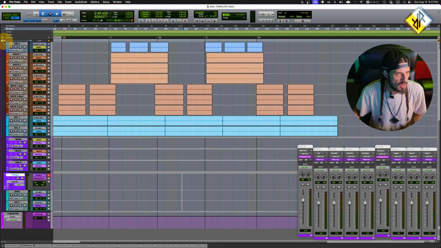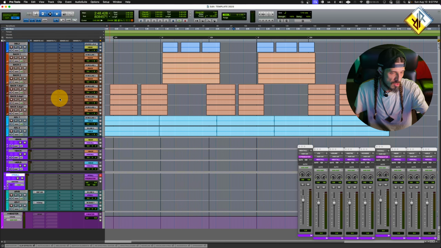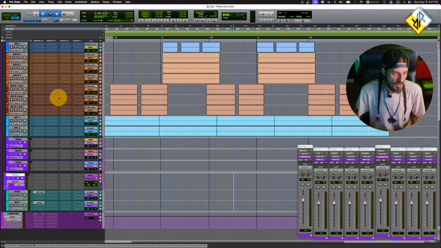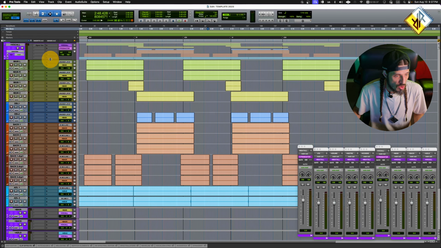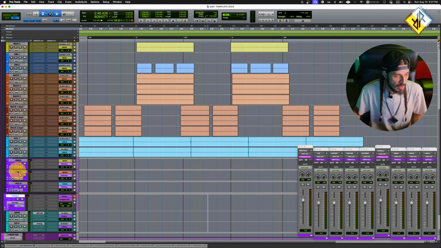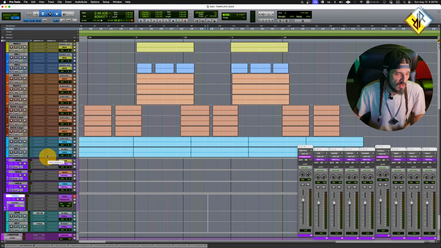So you click this thing right here. That's where you have the inserts and sends. So I use it like that. I have the 2 available racks for the inserts and 2 available racks for the sends. But if you only need 1, you can do that if you want. For instance, you want your main, your back, and your ad-libs to have some sort of a reverb and a delay. You can of course put it as an insert, just like that, but then it's a little bit different from when you want to send it, because you can automate the sends and everything. So in order to do that, you just click here in the send section and you choose a